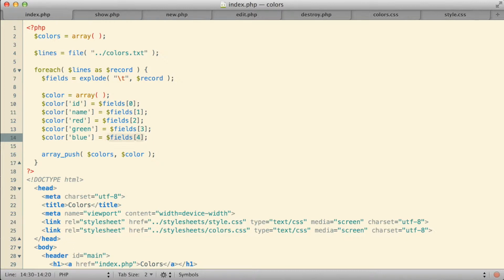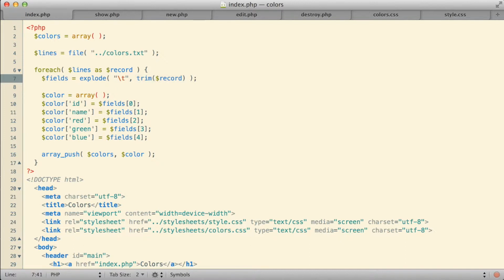I could go ahead and remove it here from field 4, but what I think I would rather do is come back up and remove that white space from the record with the trim function. I'm going to remove it from the record variable because in the future, if I ever add other data to my file and maybe blue is no longer the last piece of data, then it will keep me from having to remember to come back and move where I'm trimming that white space from. I just always want to trim the white space off the end of the line, is essentially what that comes down to.